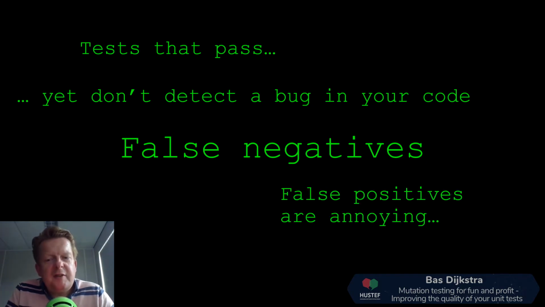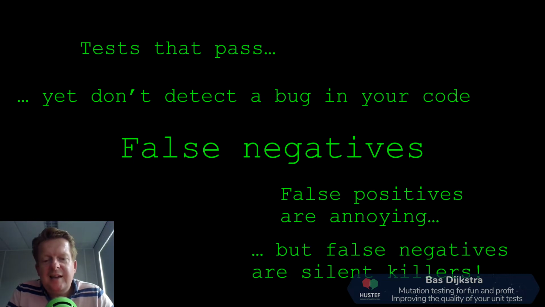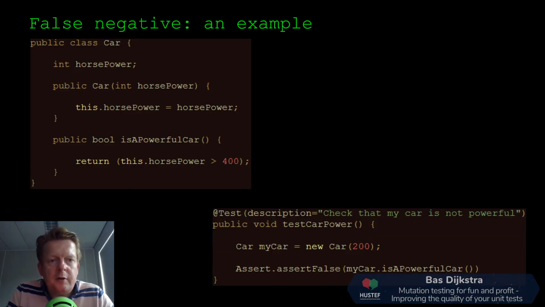And while false positives are annoying, they generate a lot of noise. They scream failed test, failed test. These false negatives, these are the silent killers because they don't make themselves known. They don't show themselves, saying hey, something's wrong here. They just keep on passing. They keep on saying, I passed the test, I passed the test. But what they forgot to tell you is that they didn't tell you anything about that bug that is in your code. So let's look at an example of a false negative and how they can be introduced